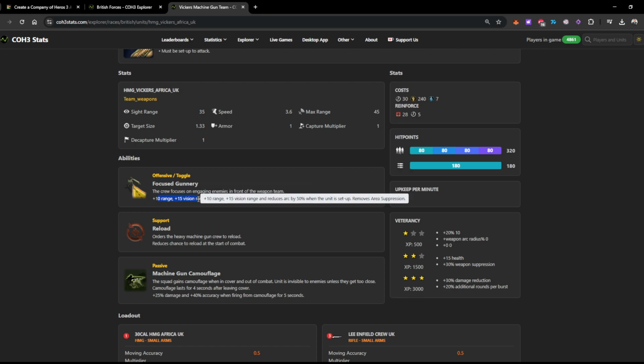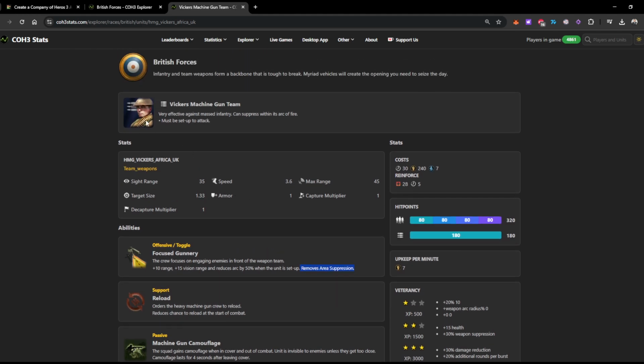This adds extra range and vision range, but it reduces the firing arc by 50% when the unit is set up, and it's going to reduce the overall suppression. In this case, it removes area suppression, so it's only going to be able to knock down and pin to the ground one target at a time. But this ability is very nice because it will match the range with things like the Flak 30. So you can kind of poke away at the Flak 30 with the Vickers from maximum range